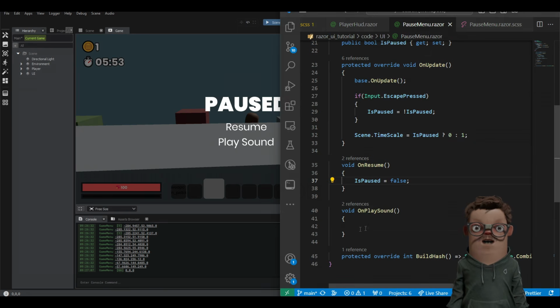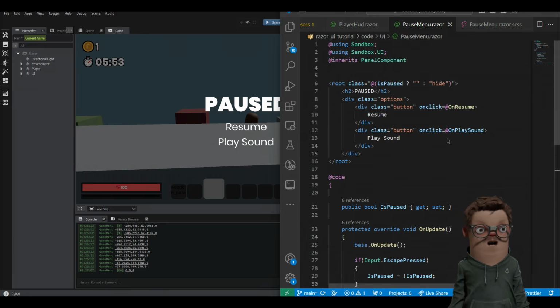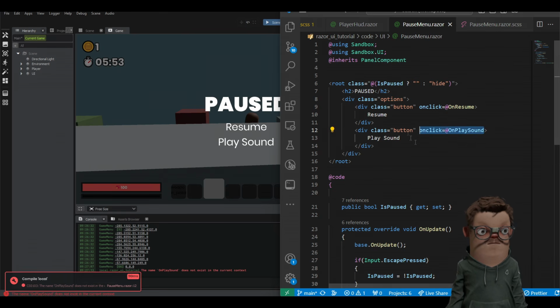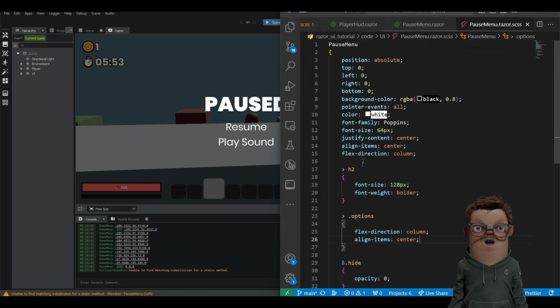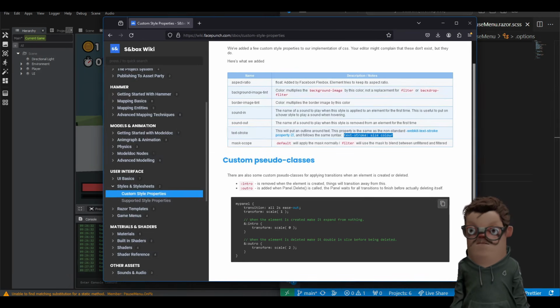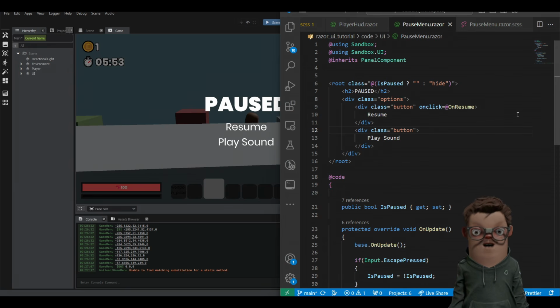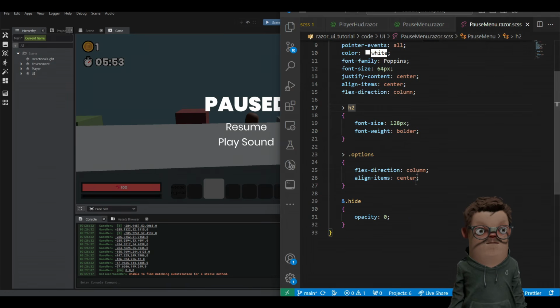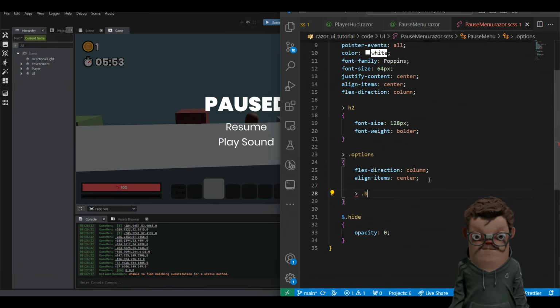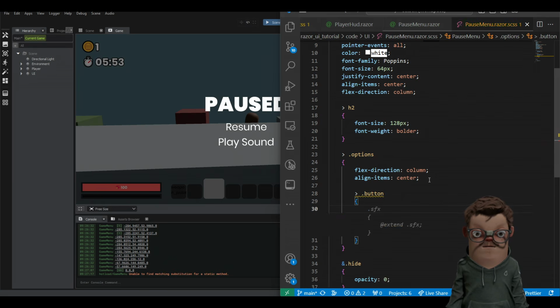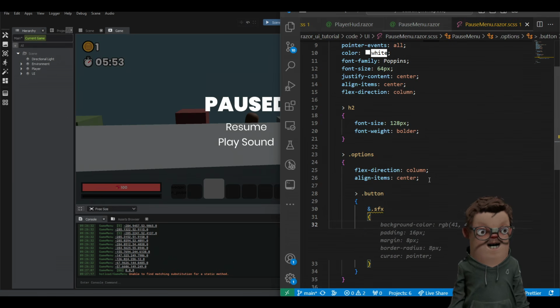And I'm actually not going to do anything in terms of on-click for the play sound. I'm going to show you how to do it directly through CSS. Earlier, there's this sound in and sound out options. Let's make this button s-effects. We'll say if our button has the s-effects class, then